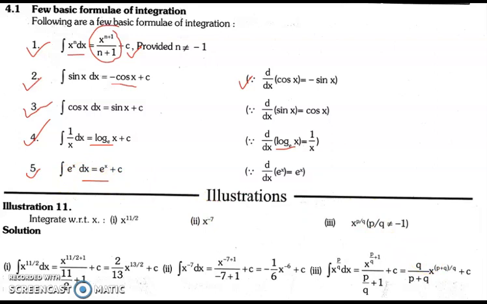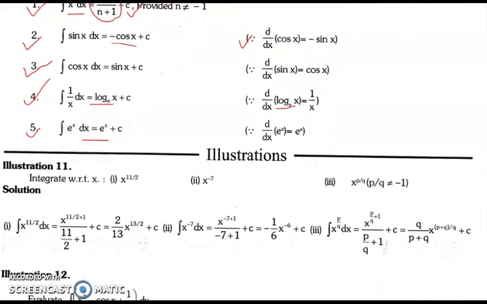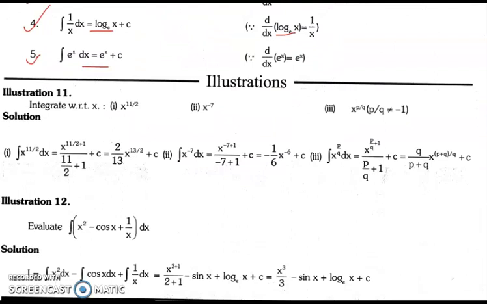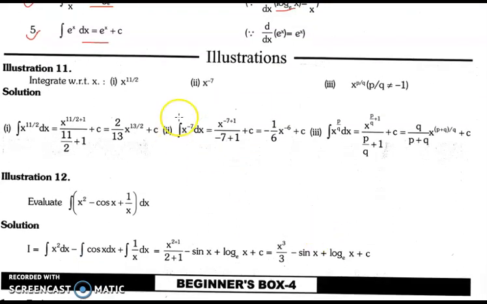Now the next part is, let's discuss a few examples based on the same so that we can get a gist of the question. We have to integrate this part, x raised to the power 11 by 2. It will be very simple: x raised to the power 11 by 2 plus 1, upon 11 by 2 plus 1. So this will be your final answer, and do not forget to add the constant of integration whenever a question on integrals is given. I'll tell you further in this video why this constant of integration is needed.